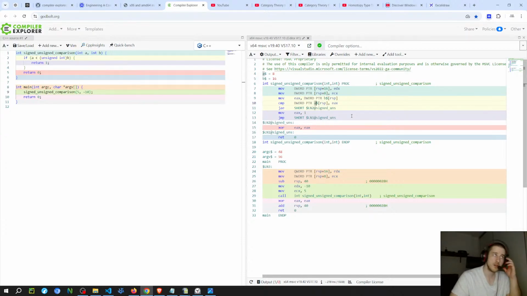So because the integer set is bigger than the unsigned set, you can have a situation where it changes the value, yeah.